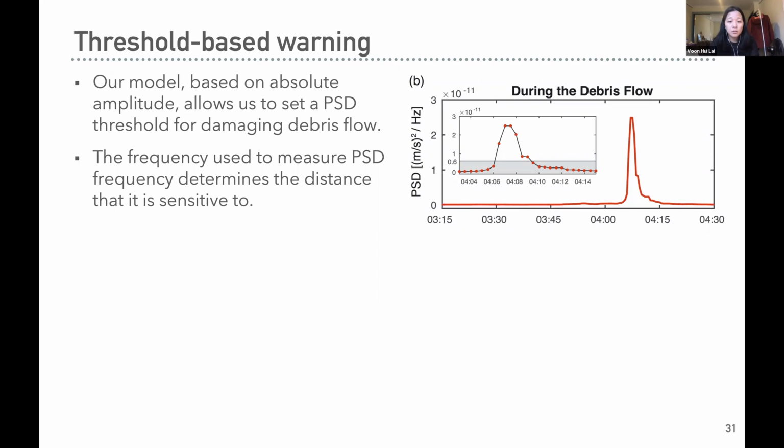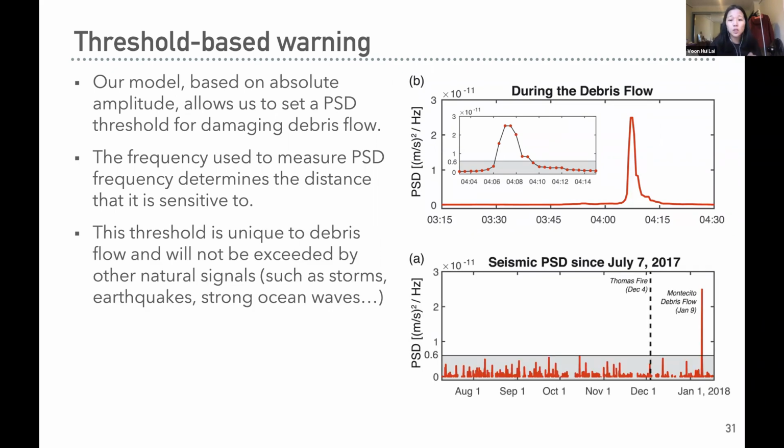So shown here for the same station, we measure the power for the entire duration when the station is operating, and see that only the debris flow exceeds the threshold substantially. And of course, in Montecito, the station placement is not ideal because it's located at the end of the drainage channel. But we can envision that better strategic station placement can give us more warning time. And this can be made even more robust with multiple redundant systems, including putting in more stations and incorporating techniques that were previously mentioned.